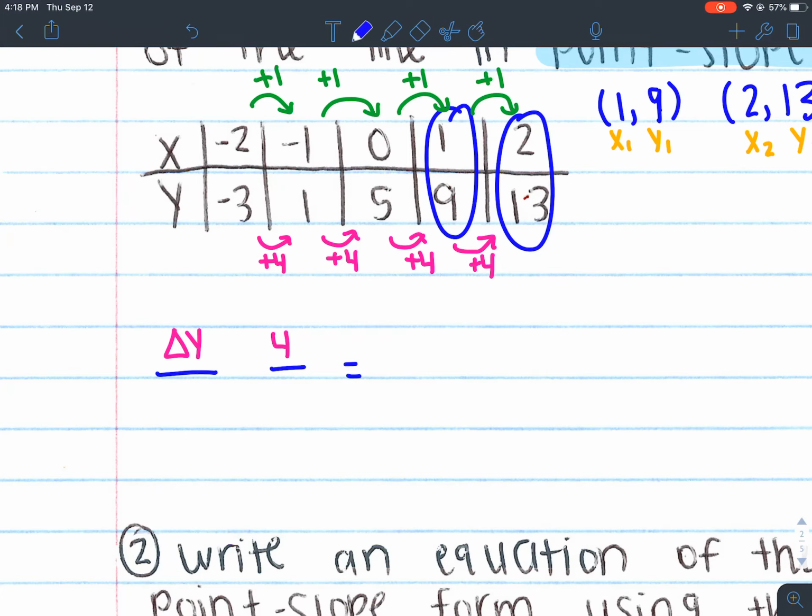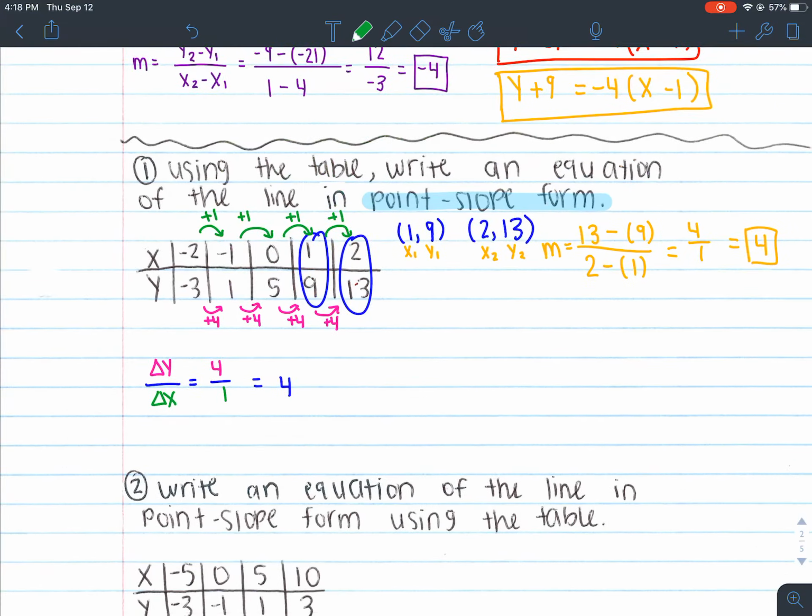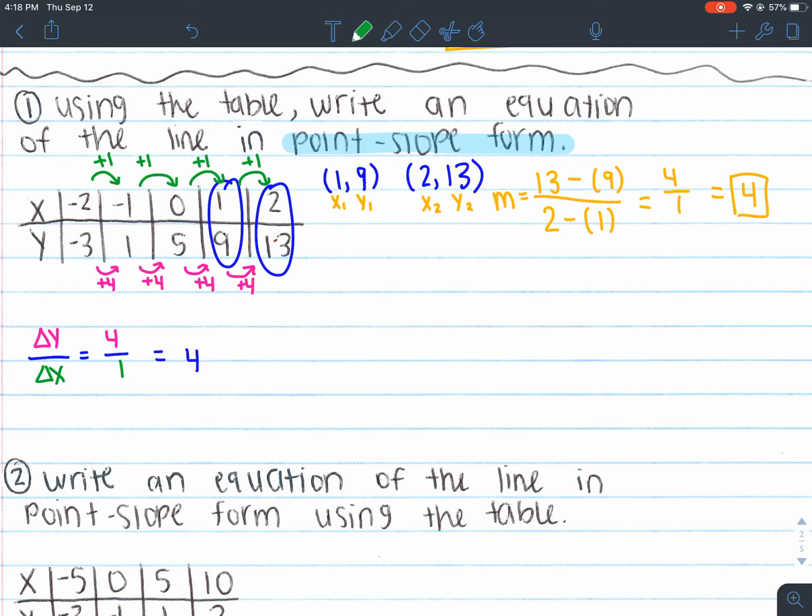There is no certain way, right? There's multiple ways you can find slope, and this just happens to be the easiest way, change of y over change of x. Now, picking 2 points is not a bad idea. Anytime I forget, I'm always going to pick 2 points. If I'm too lazy to do change of y over change of x, then pick 2 points. And it doesn't matter which 2 points. So regardless, my slope was